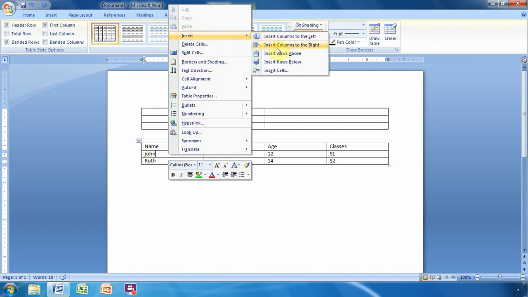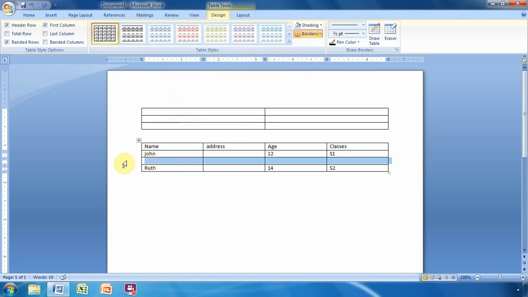Now that we are dealing with the rows, we shall use these two options, but we shall select only one. We said we want our row to be below John, so we shall go to this option for insert rows below. So we click on it. When we click, a row is also inserted just below John. We click inside to deactivate the selection. And let's assume this one was for Peter. So we type Peter. That's how we do it with inserting of the rows and then inserting of the